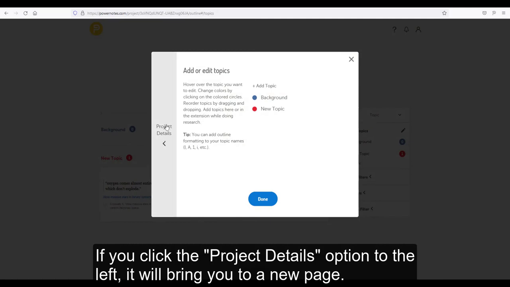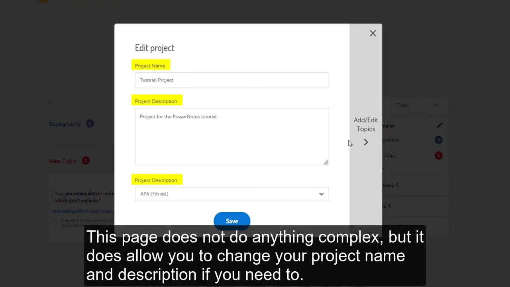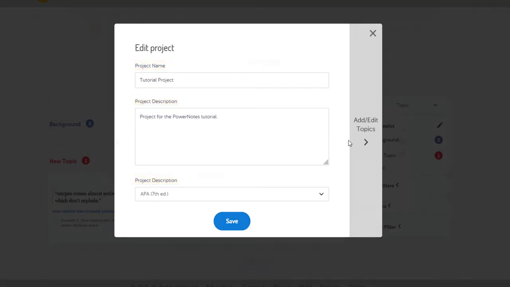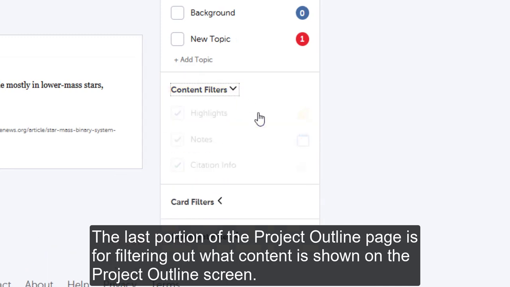If you click the Project Details option to the left, it will bring you to a new page. This page does not do anything complex, but it does allow you to change your project name and description if you need to. The last portion of the project outline page is for filtering out what content is shown on